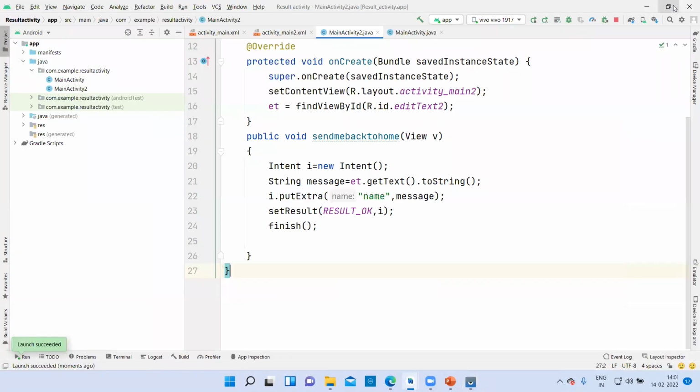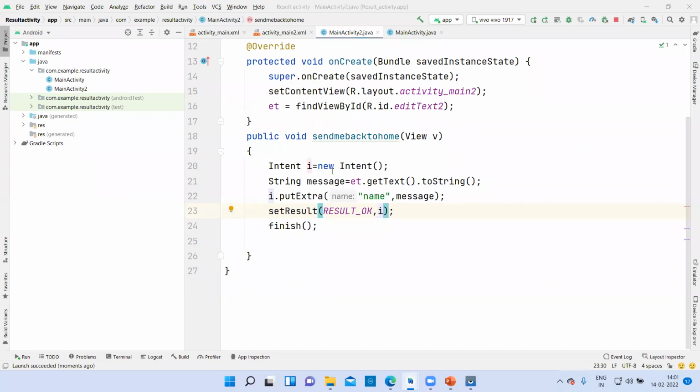Now, I'll tell you where I was wrong. Here I was not passing the intent, because the intent is carrying the message that I was putting in the text box. So we have to pass the object of intent also when we are using set result. Let me tell you the code for main activity 2. Intent i is equal to new Intent.